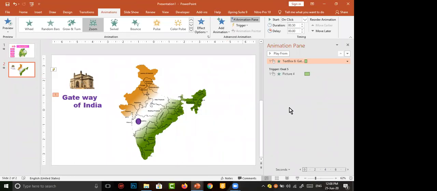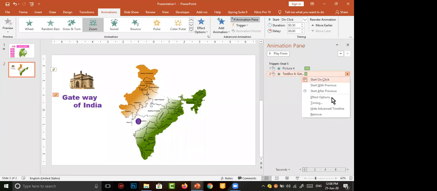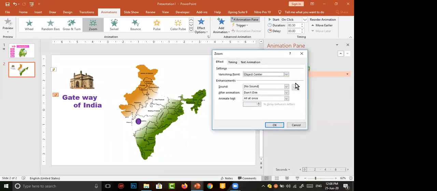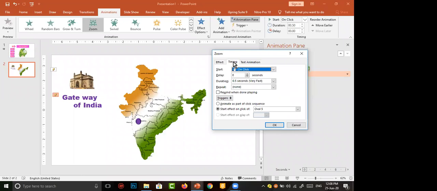When should it happen? When we click on this button, this picture and this text box should appear at the same time. So bring it to the bottom. 2 is here. Go to down arrow. Click effect options. Timing.